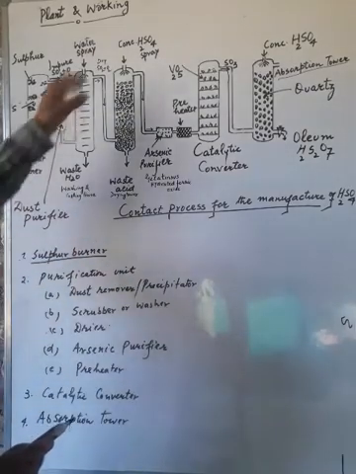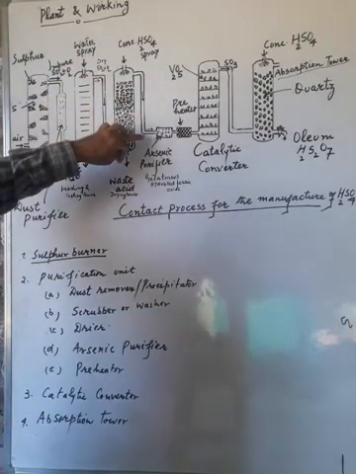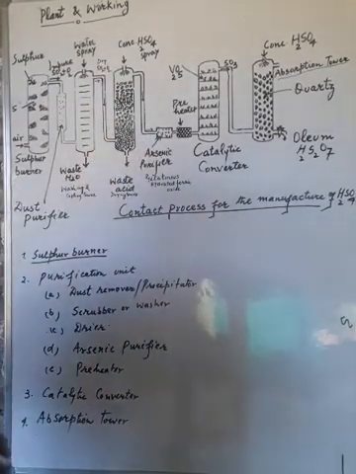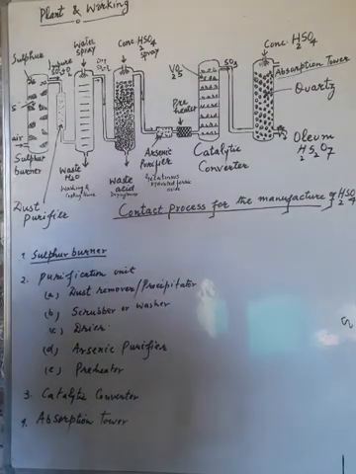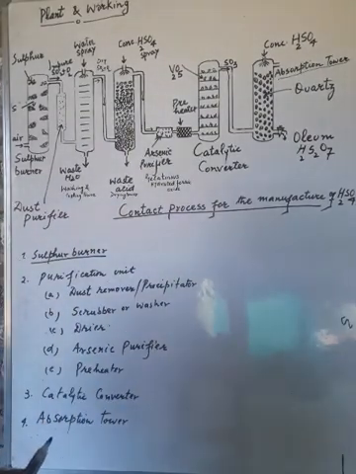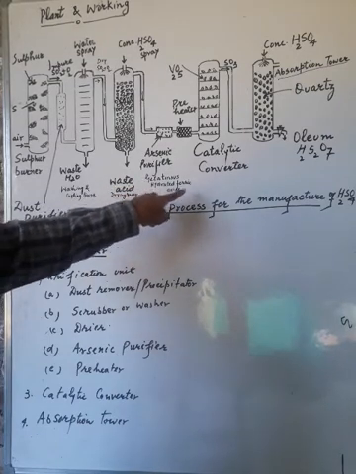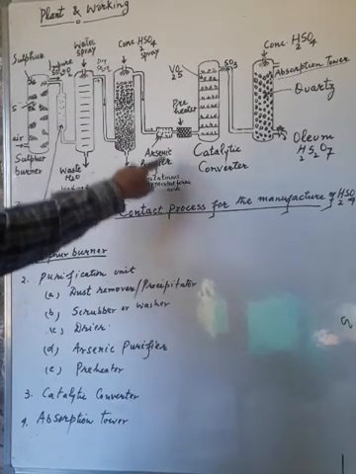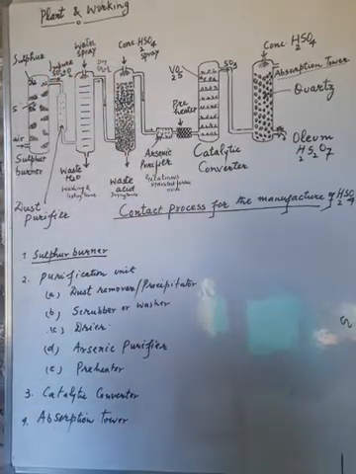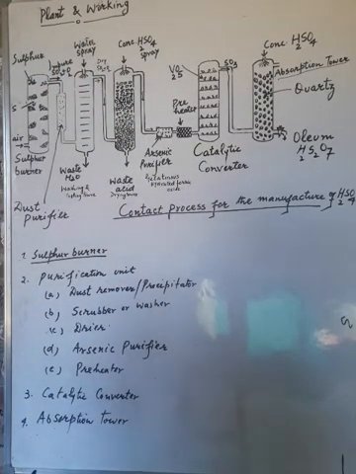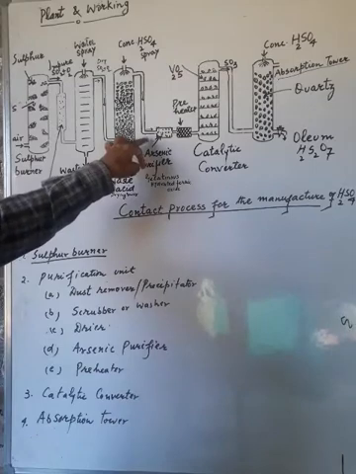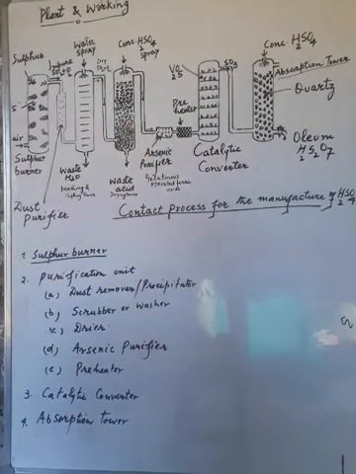Then this gas is passed into the arsenic purifier, where impurities like arsenic oxide are removed. It contains gelatinous hydrated ferric oxide which removes the arsenic oxide from these gases, and then this gas is preheated